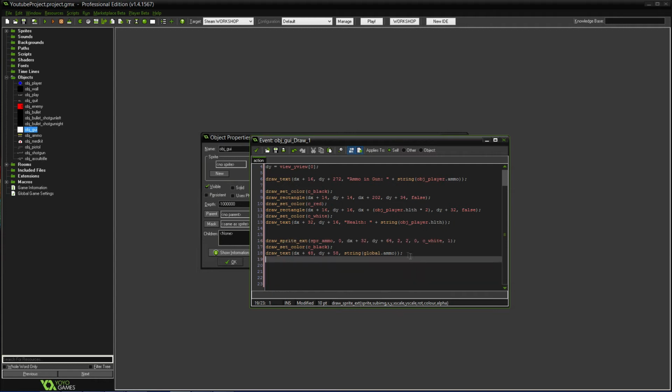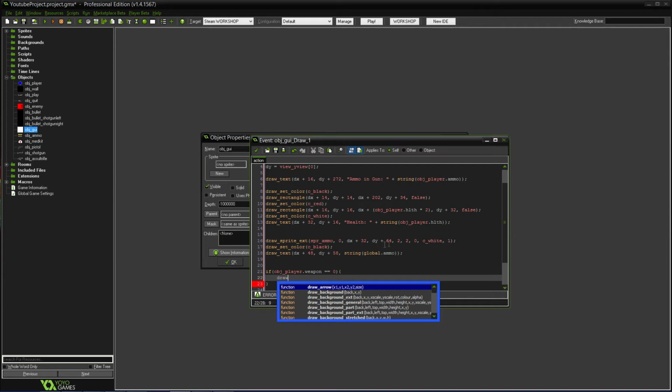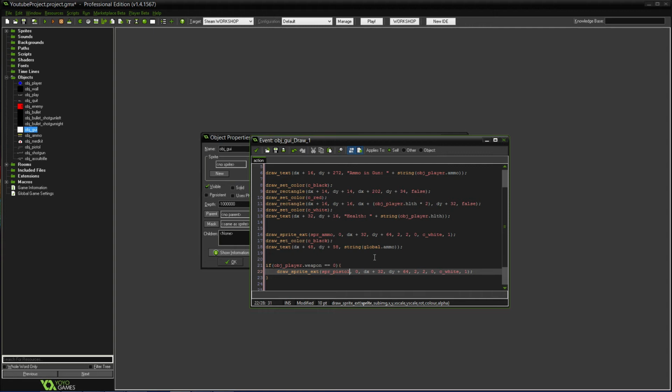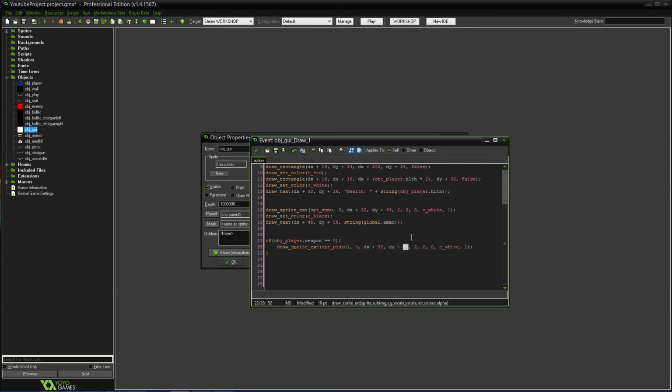Draw. Okay, so this is where we need to do some if statements here. So we'll do if obj player dot weapon, so this is calling to the weapon that we had before, equals 0, then it will draw underscore, ooh, yeah, we need to increase the size of these two. We'll basically take that code right there, except we'll do pistol, because that'll be the weapon it would technically be, except the Y needs to go down now. So the Y should be maybe, ooh,